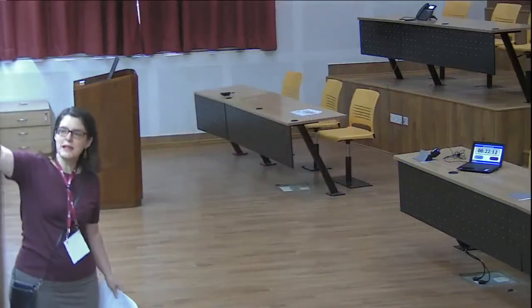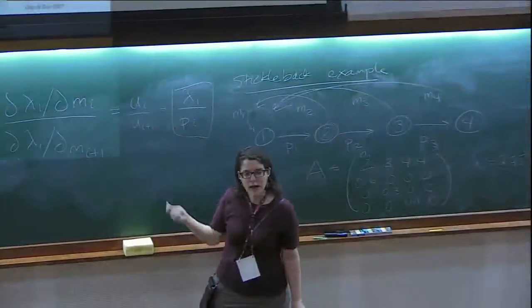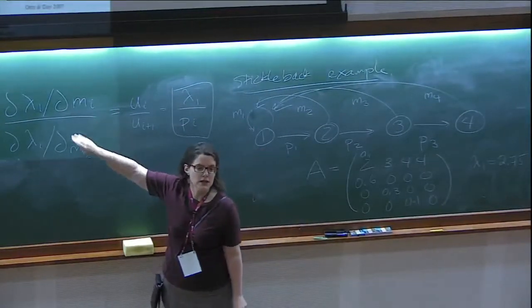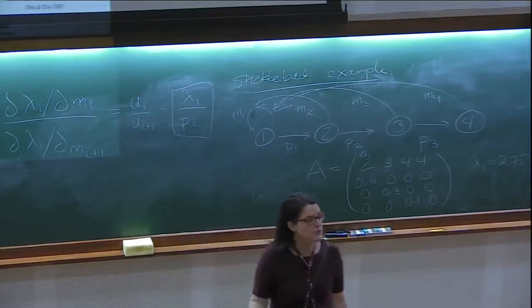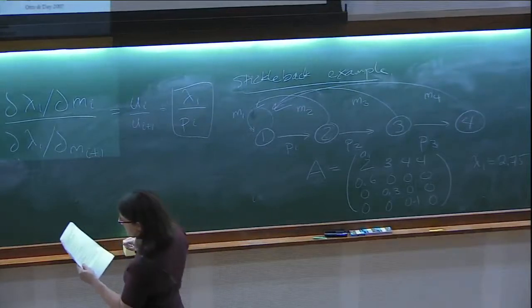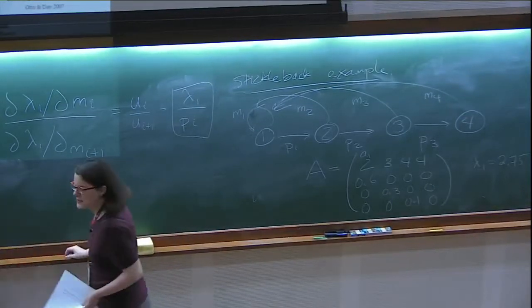These kinds of relationships tell you, if you had a change that affected a later stage or an earlier stage, how they might be favored. That's how the evolution of senescence literature uses this. I'm also just going to write one more of these. Well, it's in the handout, so I don't think I'll write it out.